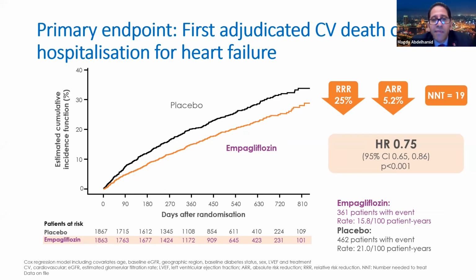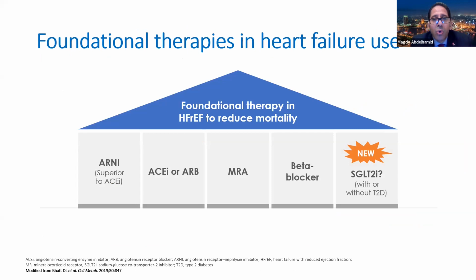We can see the divergence of the two curves started very early, within 28 days in DAPA-HF, and the same here. This indicates a favorable hemodynamic effect for the SGLT2 inhibitors in reduction of the filling pressure preload, and this is responsible for the great benefit that has been seen with these two drugs. So we have now 4 drugs, 4 pillars, fantastic 4, foundational therapies in heart failure,